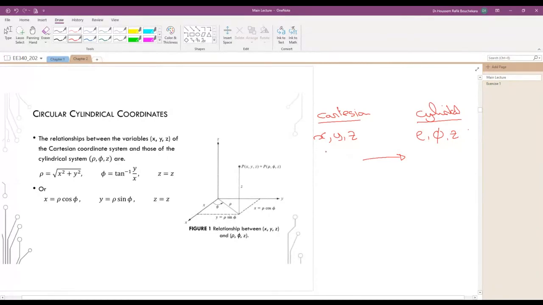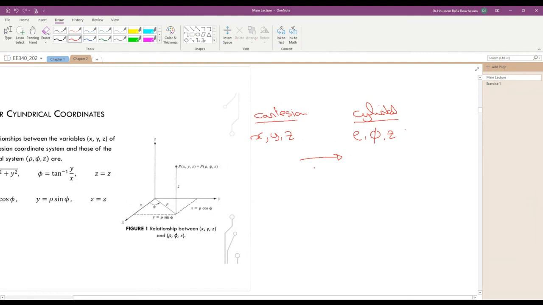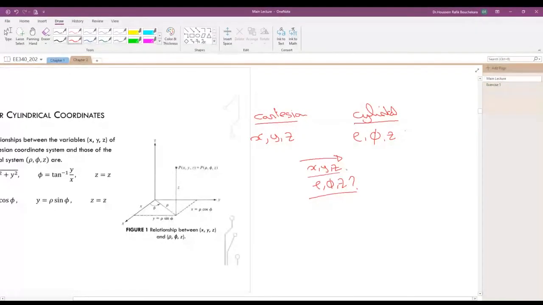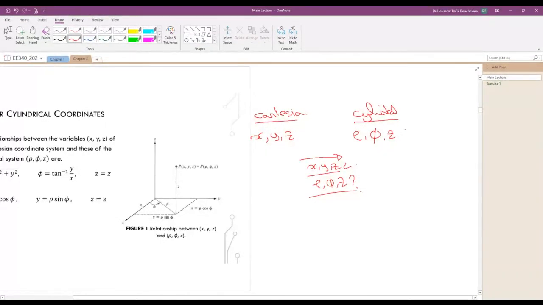If we have the Cartesian coordinates, how can we determine the cylindrical coordinates? I have x, y, z, which are known, and I want to determine rho, phi and z. From this figure we can say that